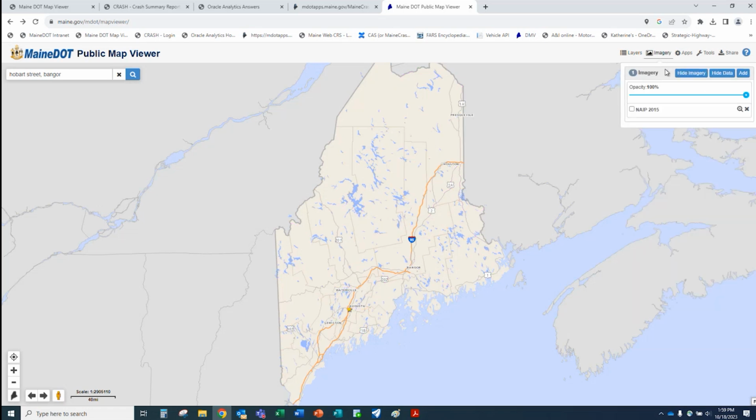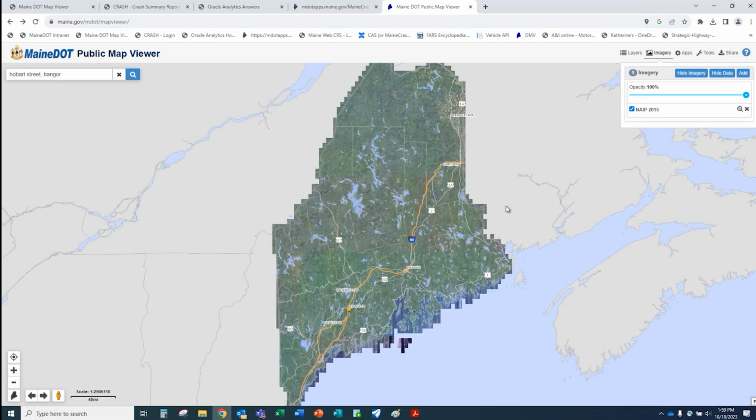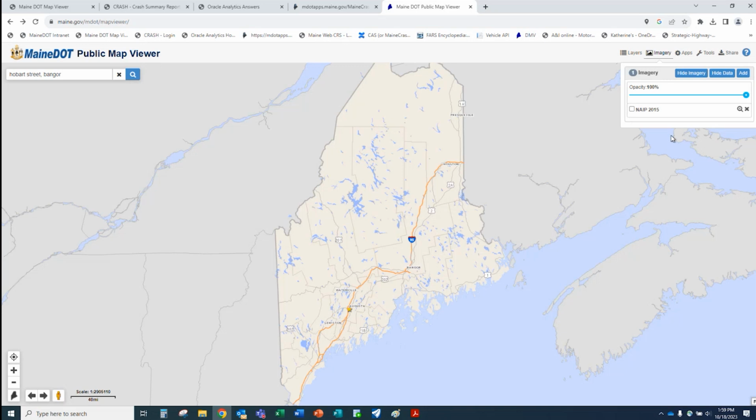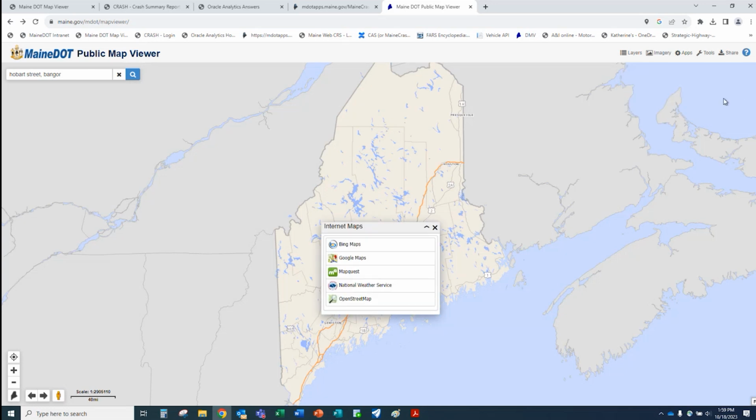We've also got imagery that you can turn on that you may want for whatever analysis you're doing. Then we've got our apps tab. The one that I've primarily used here is the different maps.